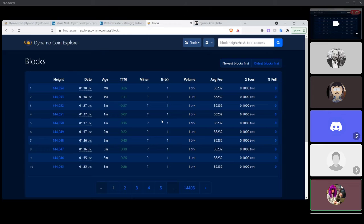They want you to run a full node with a wallet with liquidity of the coin. So you're going to say, hey, here's 10,000 or 20,000 Dynamo in a wallet on a full node. You need to have an RPC that's available to them. Hopefully it's Bitcoin compatible, because that's mostly what they use, which we are. And so when somebody says, oh, okay, I'm going to trade 0.1 Ethereum for 100 Dynamo, they hit your RPC and say, send me 100 Dynamo to this wallet, and we'll give you 0.1 Ethereum to this other wallet